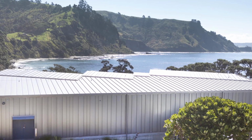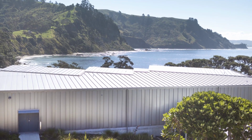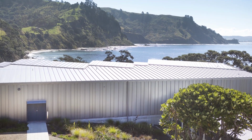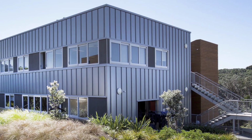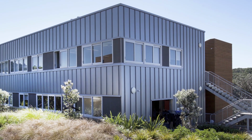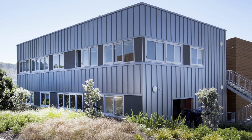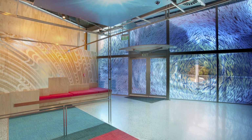And then the more business part of the building is the laboratory part, and the laboratories are enclosed in a much more substantial building, and that has a silvery metallic exterior skin on it. And then we've developed that same approach for the interpretive centre, where we made use of the foundation of an existing laboratory building and scalped that building, took it back down to its concrete pad and put a new building on it. It's a much more expressive building, and then we clad it with the same shiny metallic skin